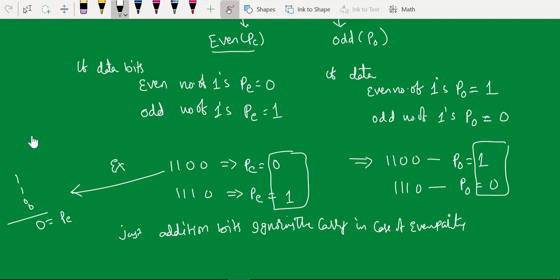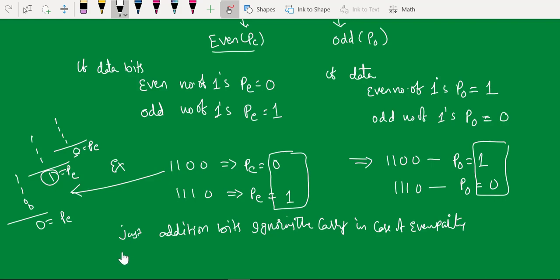Similarly, if you take three ones, 1 plus 1 will be 10, 10 plus 1 will be 11. That means the sum will be 1, carry discarded. This is again even parity. So if you take any number of ones, say 4 ones, 1 plus 1 will be 10, 10 plus 1 will be 11, 1 plus 1 will again give sum 0, and the carry will be ignored. So again this will be your even parity bit.